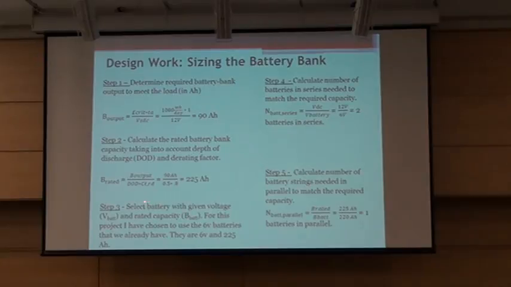I then selected a battery with the proper voltage and rated capacity. As I mentioned, I used 2 6-volt batteries wired in series to give me 12 volts with an amp hours of 225. I needed 2 batteries in series and 1 in